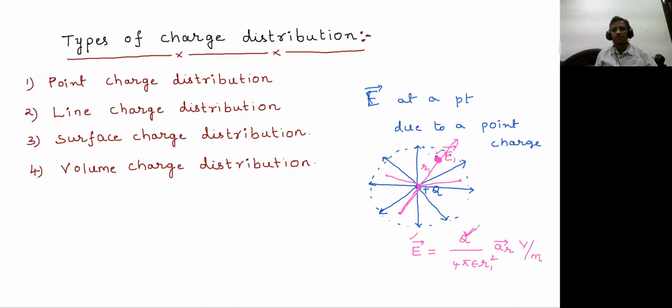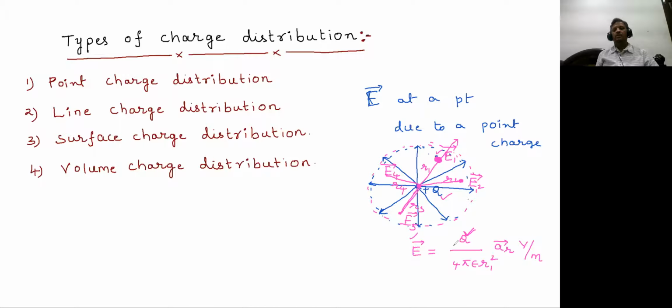So what people thought generally at that time was, when we have a point charge, let's say this is plus q, which is creating some electric field around it, at some point there will be some electric field intensity. Here also you can get electric field intensity E2 vector. Here also you can get E3 vector and E4 vector. All four may be different because the distances R1, R2, R3, R4 may be different. This is R3 and this is R4. If all are same, the electric field intensity is also same.